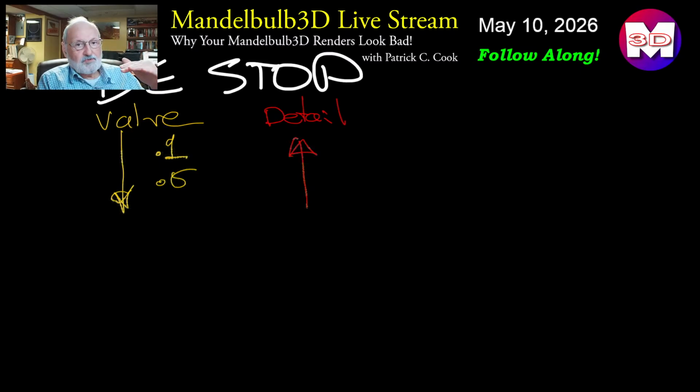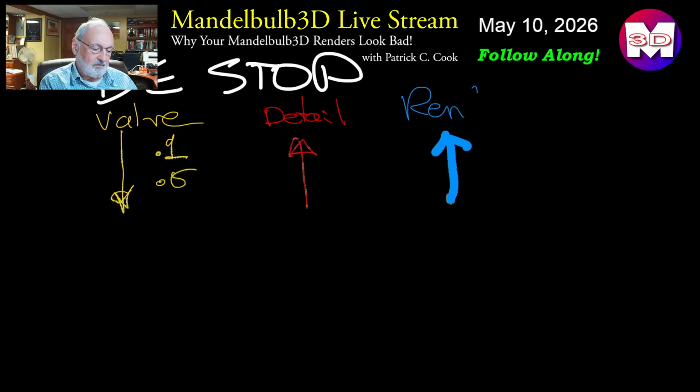When the DE stop is low, more detail tends to be rendered, all right? And also, let's go blue for render. The render time tends to be higher because the rendering system is working harder to get your details, so the render time is higher. Okay? When the DE stop is higher,